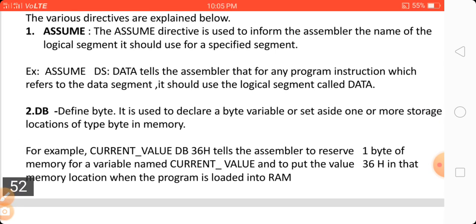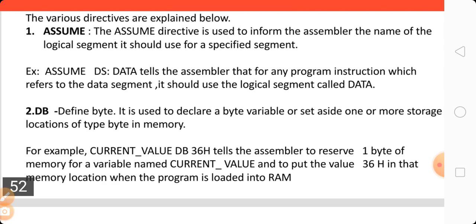For example, current_value DB 36H tells the assembler to reserve 1 byte of memory for a variable named current_value and put the value 36H in that memory location when the program is loaded into the RAM or memory.